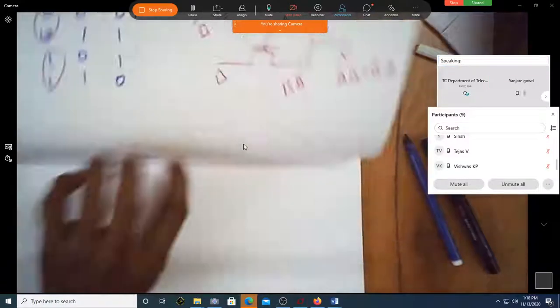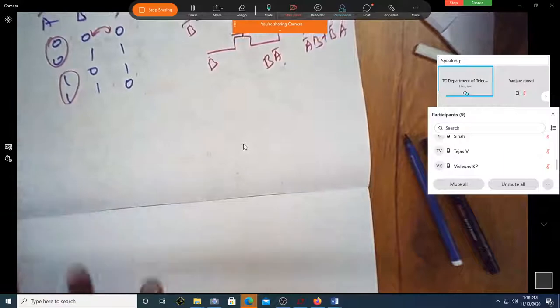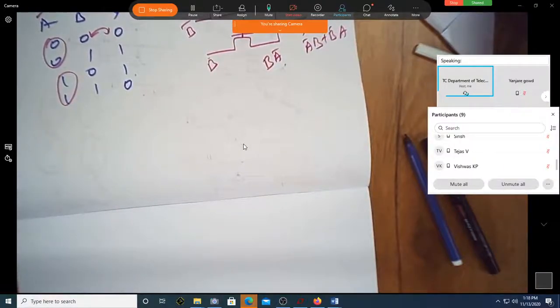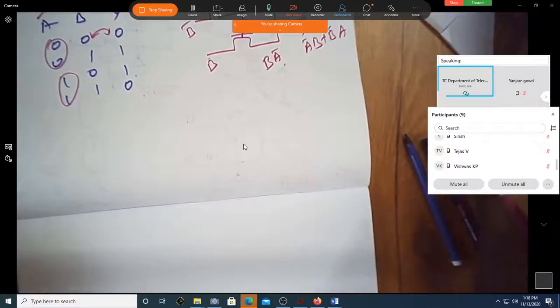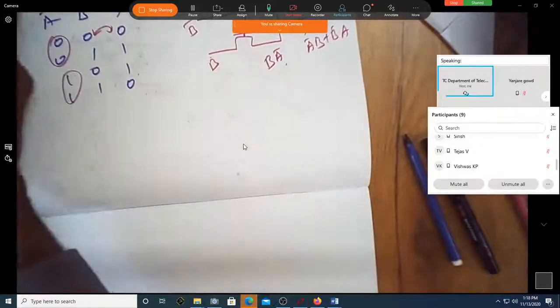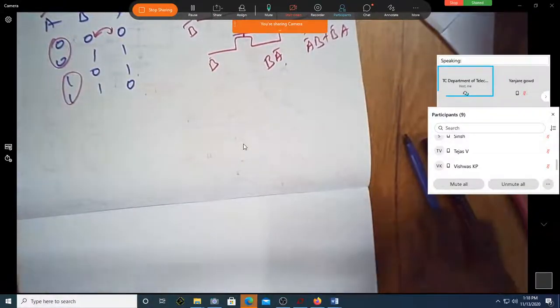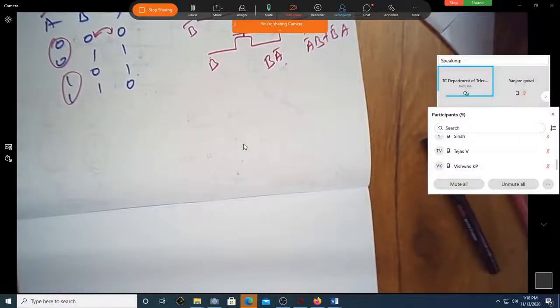Okay, this is how you can realize any logic using this pass transistor. We will see the limitations of this pass transistor in the coming classes, and how we overcome that. There is some other logic called transmission gate. We will see how the transmission gate overcomes that, and some other circuits. Okay then, thank you so much.